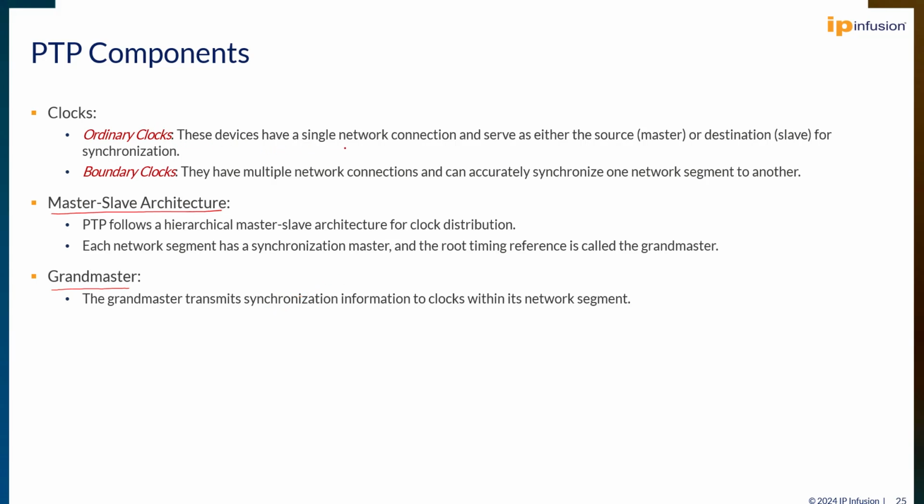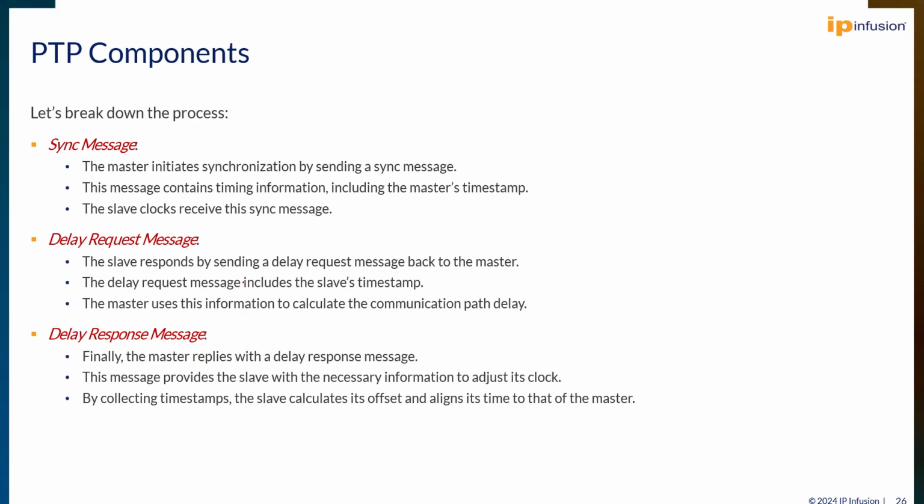That is the devices that are going to serve either as source or as destination, which means that they can work as master and/or a slave. And also we have boundary clocks that connect multiple networks to each other. The other one, the master-slave architecture, like I said, is present in here, but we have some process in understanding